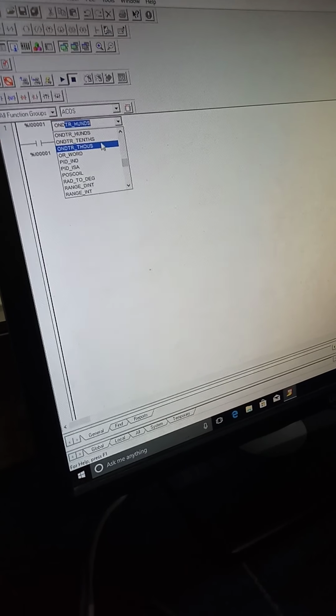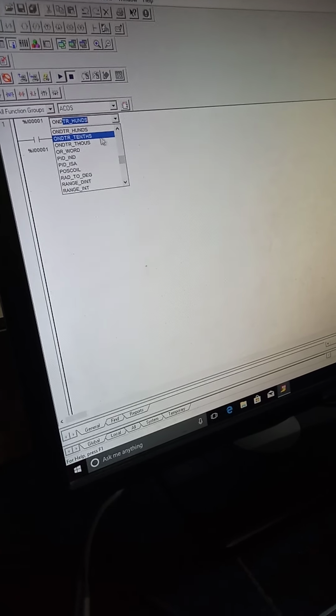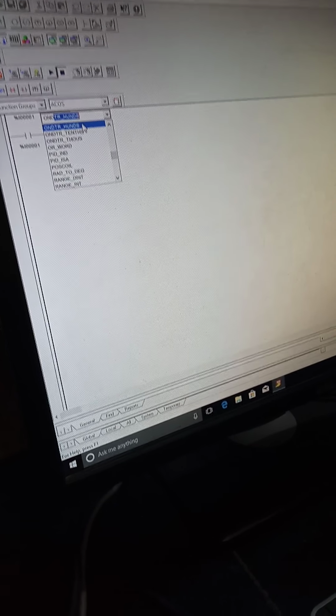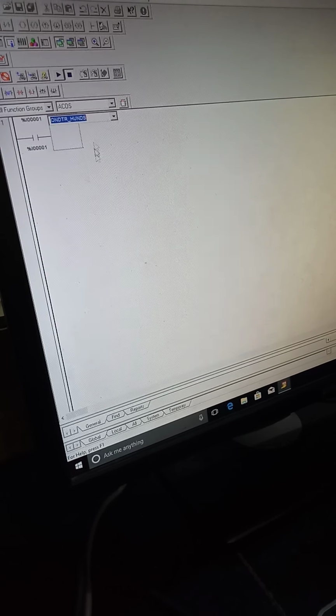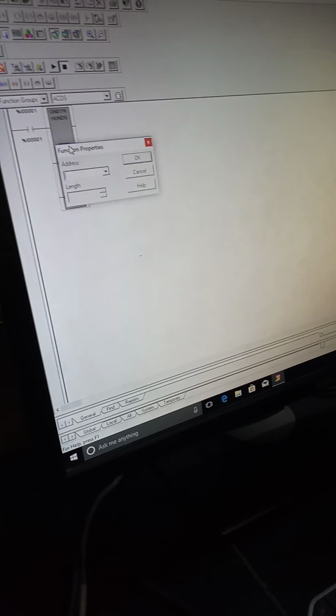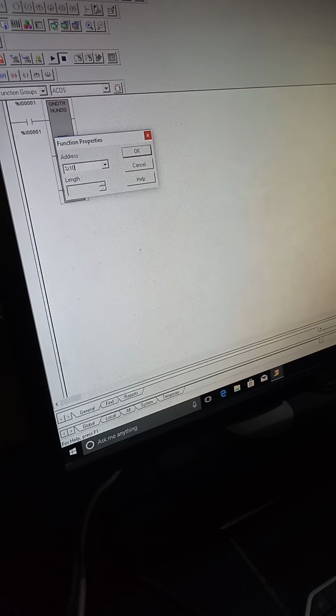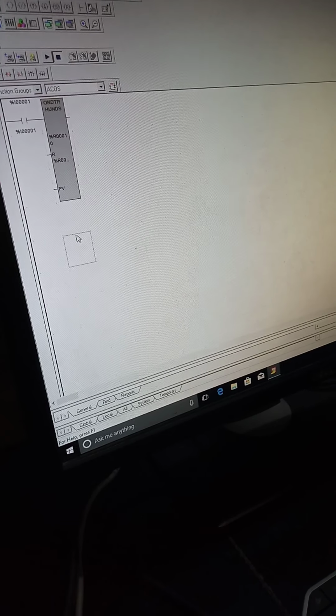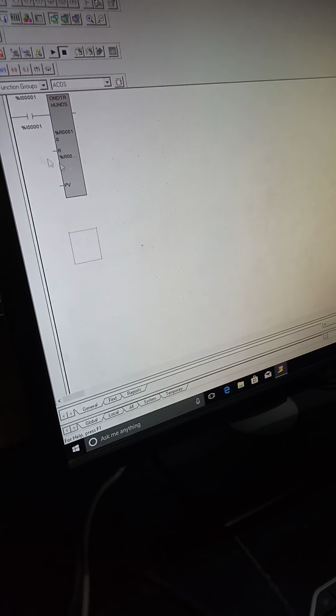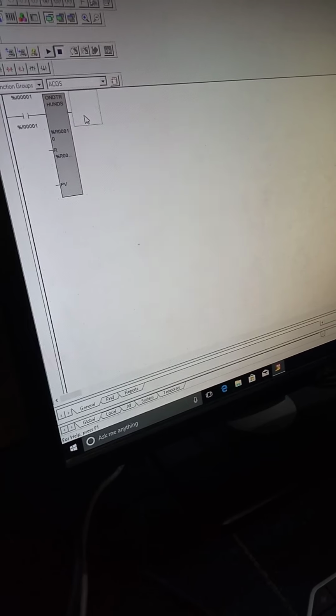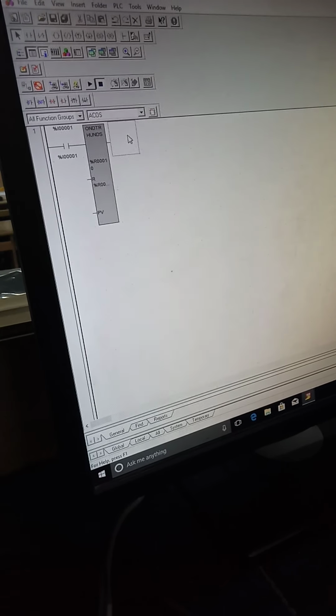You can select whatever you want. Only thing is you have to multiply your preset value. For example, I am putting hundreds, means in this case I have to put the address percentage R10. All the places I will be using this address only, percentage R10. Only for off delay timer I will be making use of my percentage R20 address.